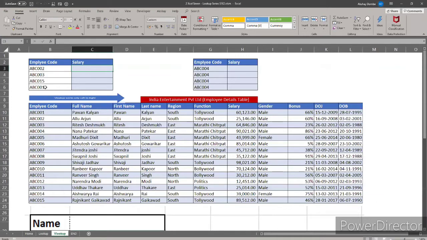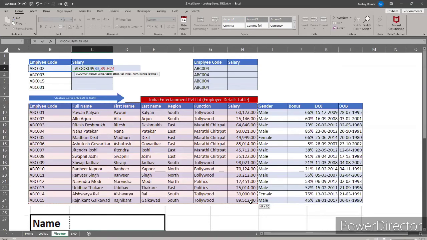As we discussed, my employee code is on the left side of the table and salary is on the right side of the table. So we can easily write a VLOOKUP formula. My lookup value is ABC002 and I will select the array from B9 to H24.